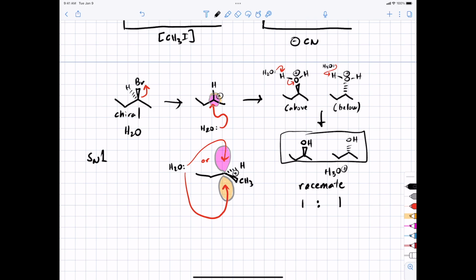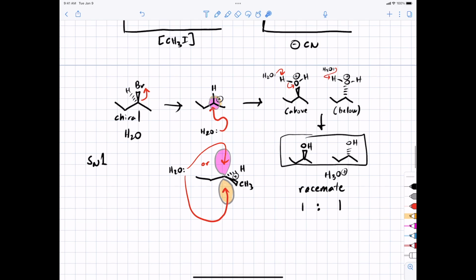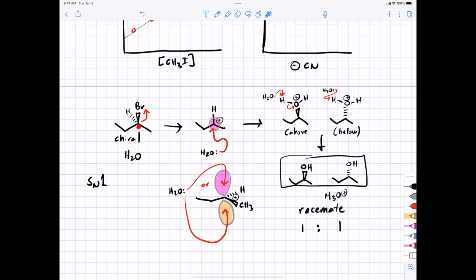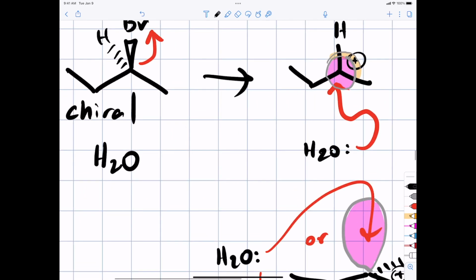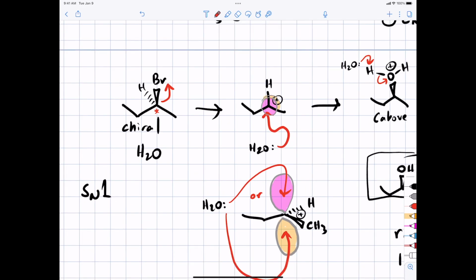So one way you can tell that a reaction has SN1, that the mechanism is SN1, is if you start with a chiral starting material where the stereocenter is at the leaving group, but in the product you've got a 1-to-1 mixture of enantiomers. That's a dead giveaway for an SN1 reaction. Let's talk about, any questions you want to ask about that? Yeah? You said you start with a chiral molecule and the leaving group is at a stereocenter. Right. If your molecule is chiral and the leaving group is at a stereocenter,